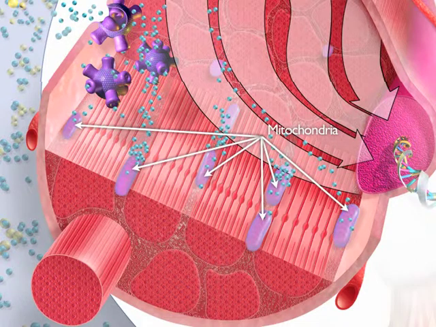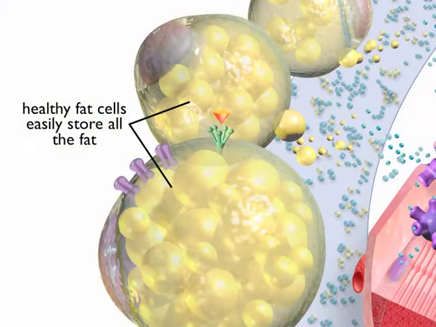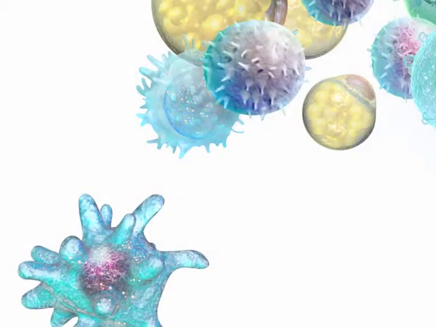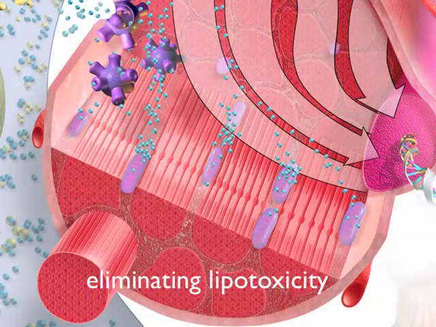The mitochondria get the sugar they need as a source of fuel. You can see how much sugar is associated with the mitochondria here. It's burning the sugar, creating energy, eliminating the sugar from the blood, and as a result, fat cells are easily able to handle the fat that they're called on to store because it's not in excess. And then obviously the immune system is not called to try to rescue the fat cells because there's no excess fat there. And the end result is that excess fat is eliminated from circulation, and certainly then it eliminates lipotoxicity,